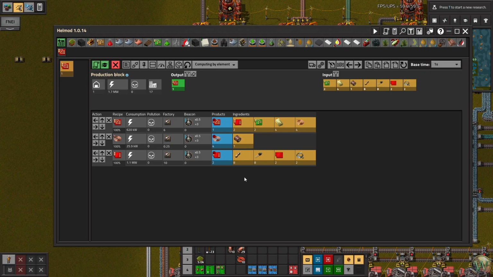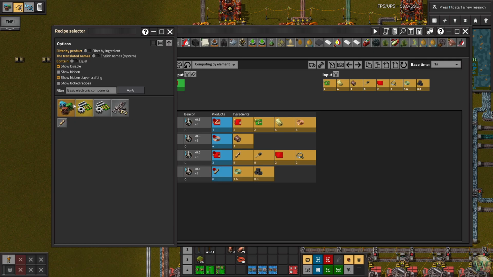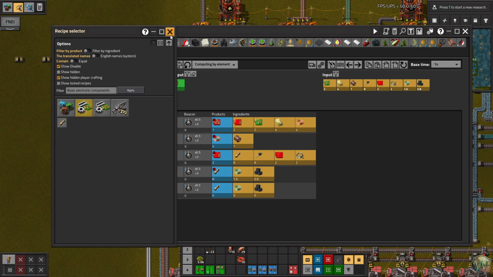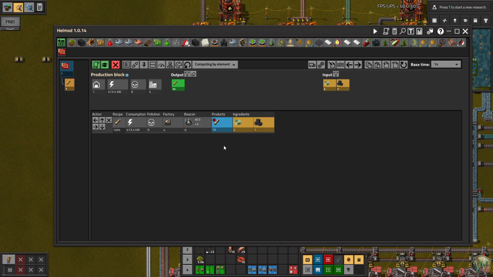I think we'll start with the one we already know, which is these. Basic electronic components. I want to go ahead and... Did I put that in there? I did put it in there twice. Weird. Let's go ahead and put this into a sub line, because I think we're going to end up with this being a separate